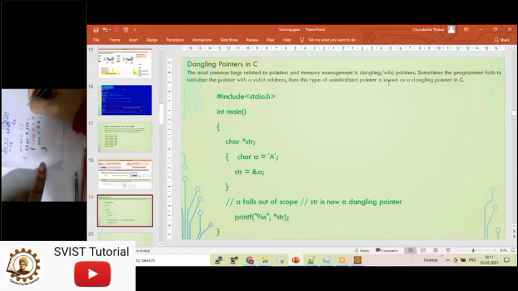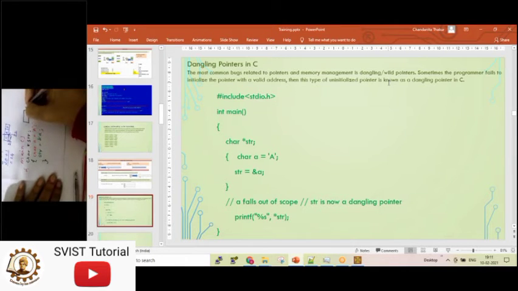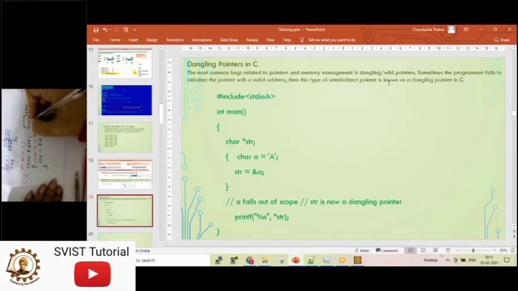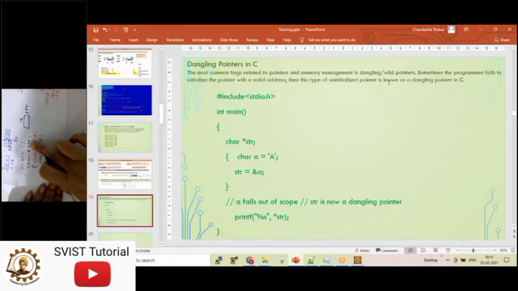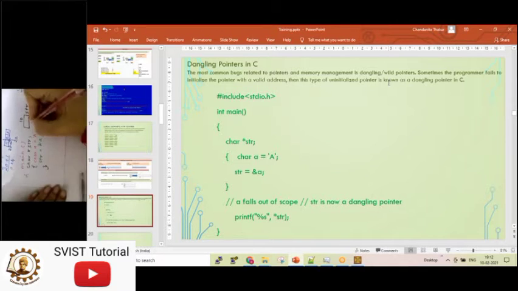So in this case what will happen, let me draw according to the color. When I have taken star str, one memory location is allocated. That memory location name is str. Let's say the address of this location is 10. What is the value of this location? No value yet, it is a single pointer. Now char a equals to A. What is the corresponding step for that?